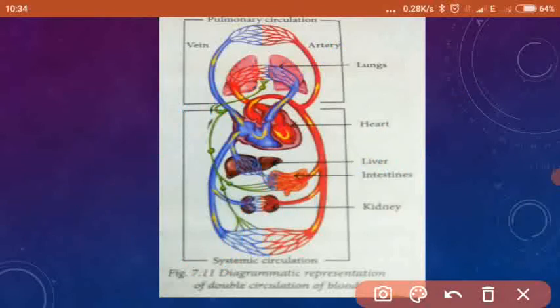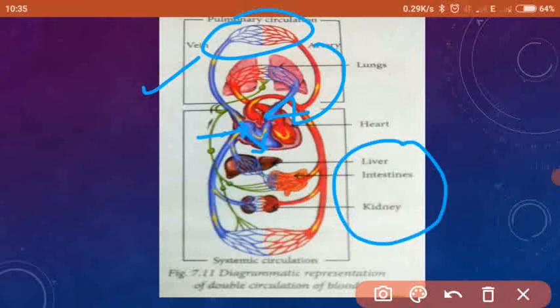First, the blood which is in the right atrium, that is the deoxygenated blood, will be pumped to the lungs by the right ventricle, isn't it? And this path from the right atrium to the right ventricle and then to the lungs is called pulmonary circulation, because it is going to the lungs. Now the oxygenated blood will come back to the left atrium, from the left atrium to the left ventricle, and then to all the body parts. It will go back to the right atrium. So this pathway is called systemic circulation.